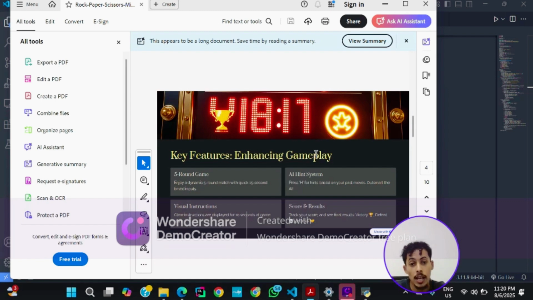We implemented the AI hint system. Visual instructions: the text shown to you on the screen. Score result: track your result and see the final result, whether it's victory, defeat or draw.